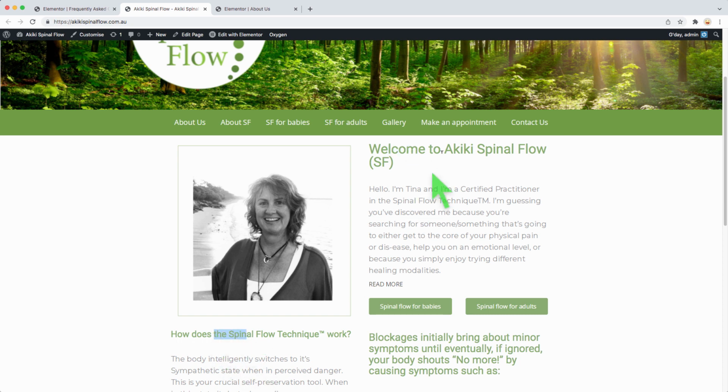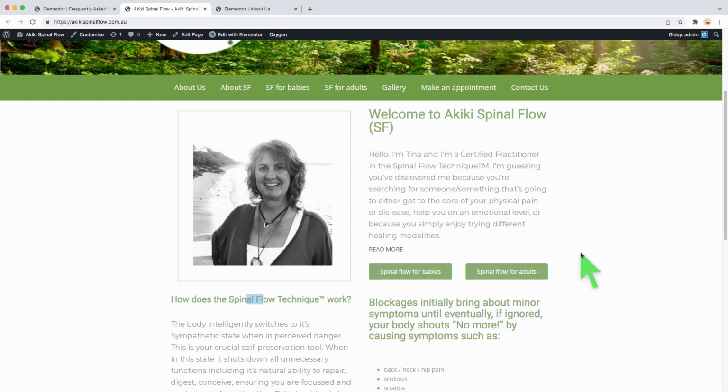And the reason for that is because this is a H1, and you should only have one H1 style on the page, and that's for search engine optimization, SEO purposes. So this is actually a H3, heading 3. And you can also see that the text is a different font. So the font used for the heading and the font used for the text is slightly different. You can also see the text is not a true black, it's a muted black,